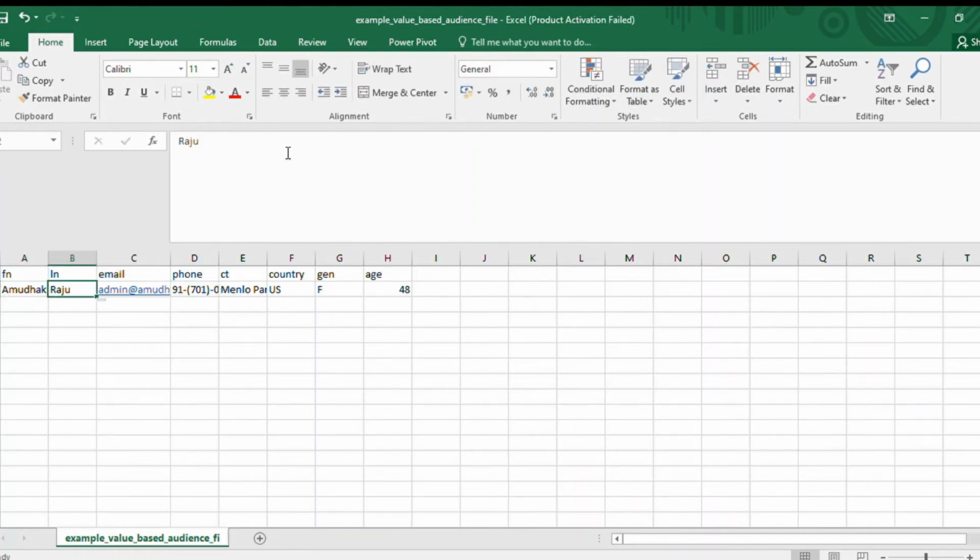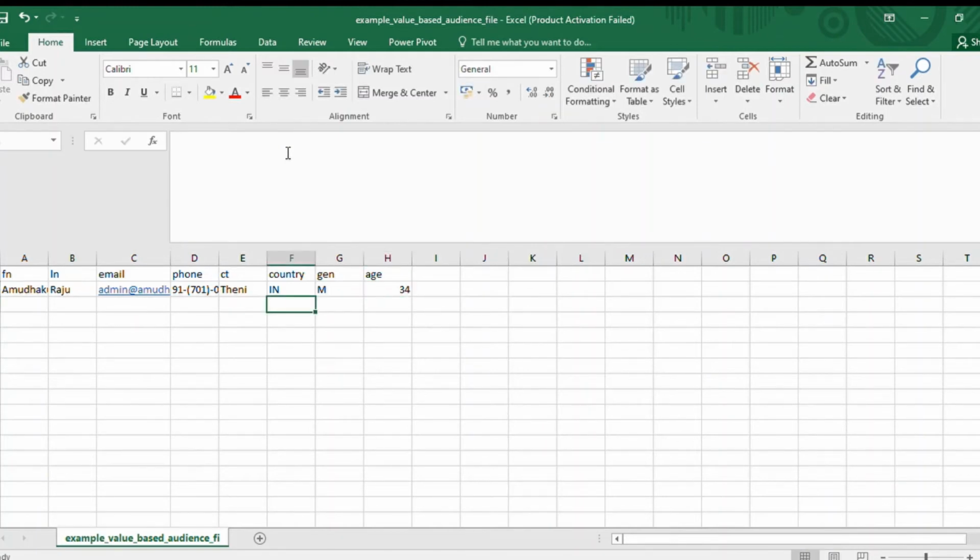And the city, let me go with Theni. So this is my city, and the country is India. Now for country, I can go with India as the full form, but I have to go with the short form, the international format. Okay, US. For India it is IN. If you put India, it may throw some error. Gender, it is male, and age 34 right now.